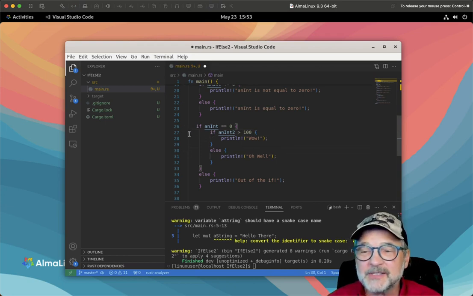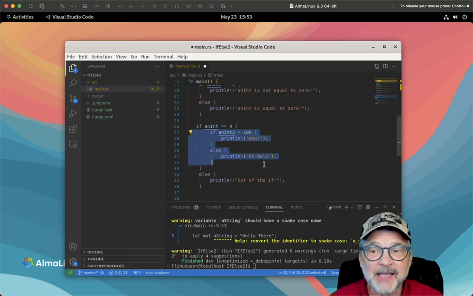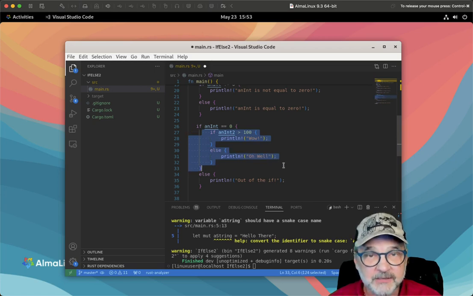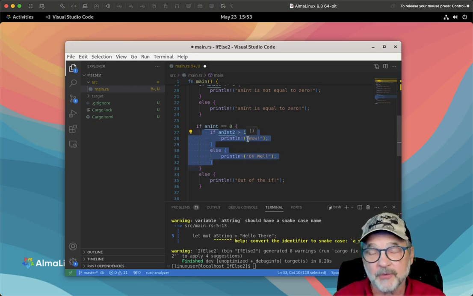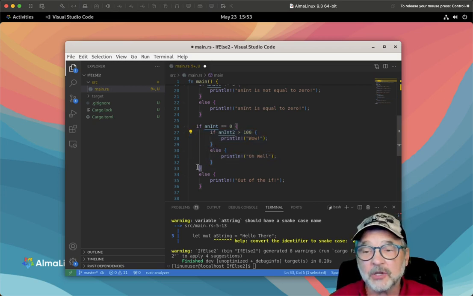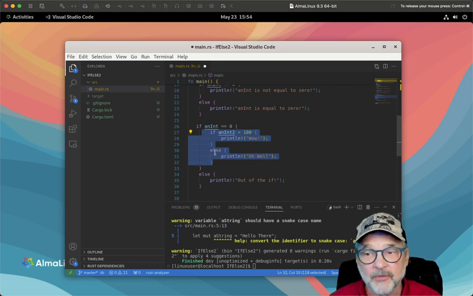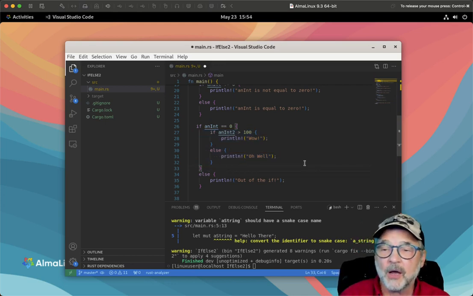So this if statement right here is actually inside of the first curly bracket from this if statement. So if this is true, another question is asked, and then action is taken upon the result of that. And there's the closed brace. Now, something else that I do, because you can imagine if you have a lot of these if statements inside of an if, you might lose track of what all the closing brackets are for. So what I'm going to do